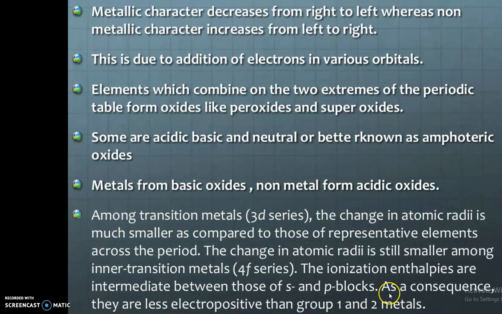And some general terms. Metallic character decreases from right to left. We know